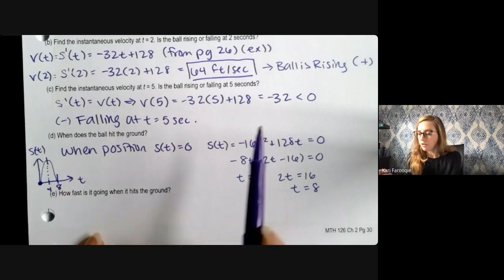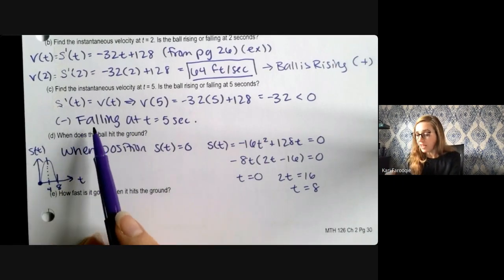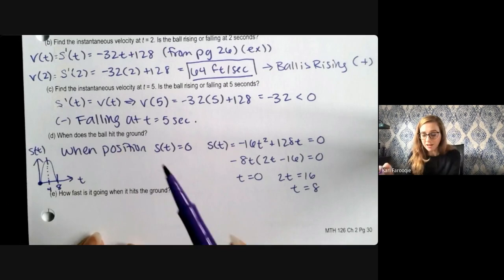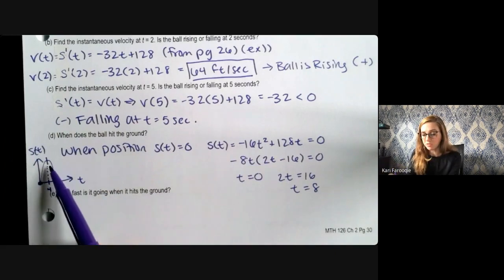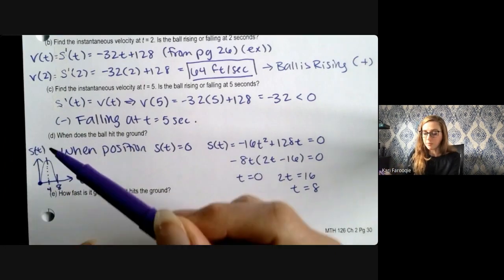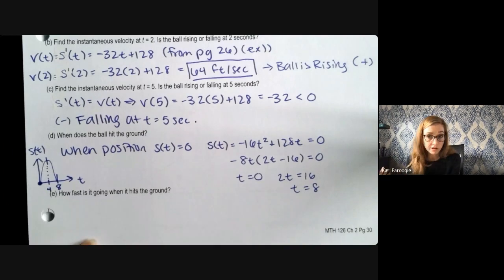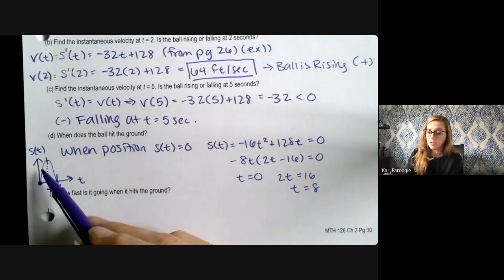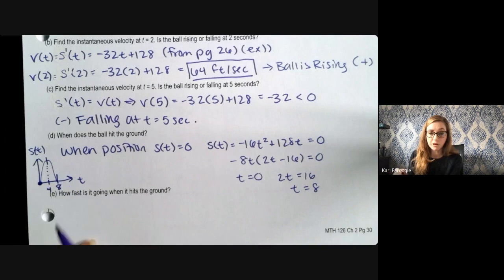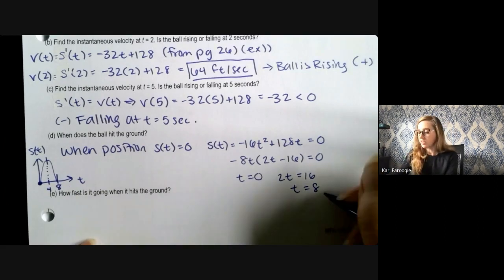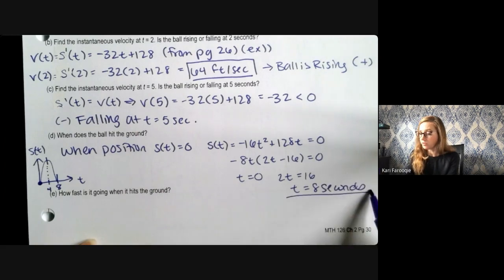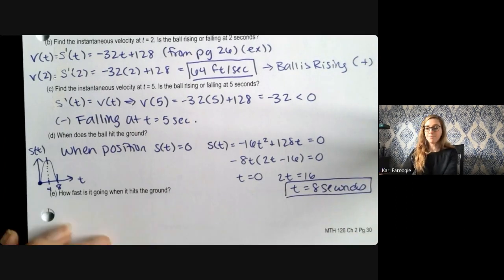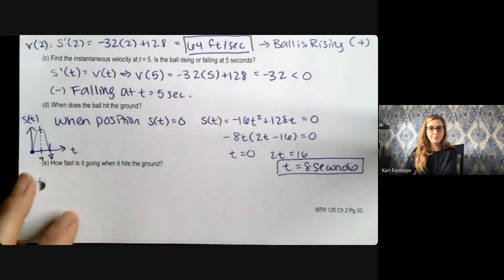But you can sort of see how if the velocity is negative at t equals 5, it makes sense, because somewhere between 4 and 8, anywhere between 4 and 8, the slopes of the tangent lines will be negative. Between 0 and 4, the slopes of the tangent lines will be positive. So the velocity is positive until you get to 4, and then it starts to become negative. t equals 8 seconds is where the ball hits the ground